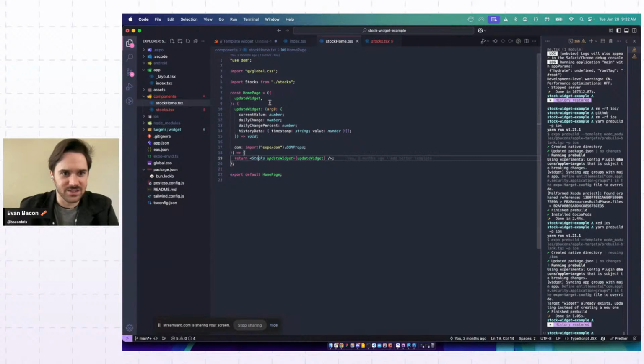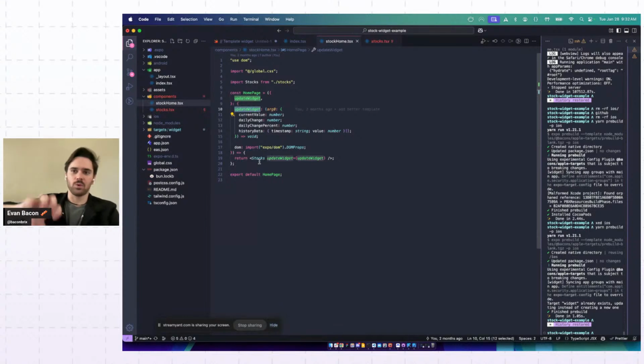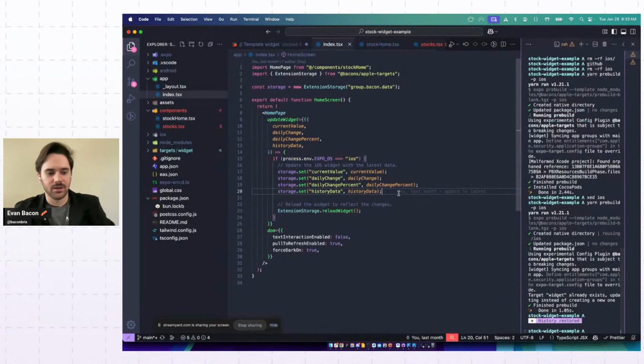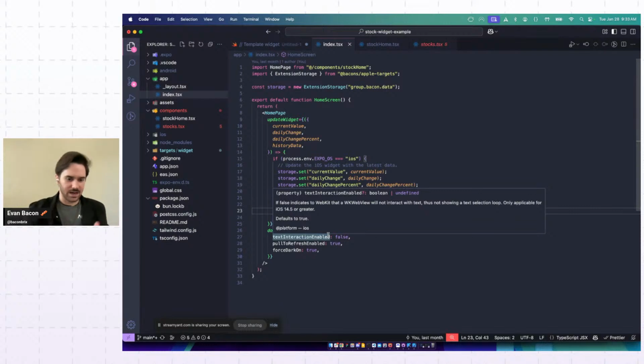One thing that's kind of neat about the stock data is that we have this update widget native action, which we're passing down through the data. So when our web data updates, then we call a function, which bubbles it all the way up to our index route here. And then on our index route, we will be setting data. So I mentioned earlier that we have that NSUserDefaults API that we use to interact between